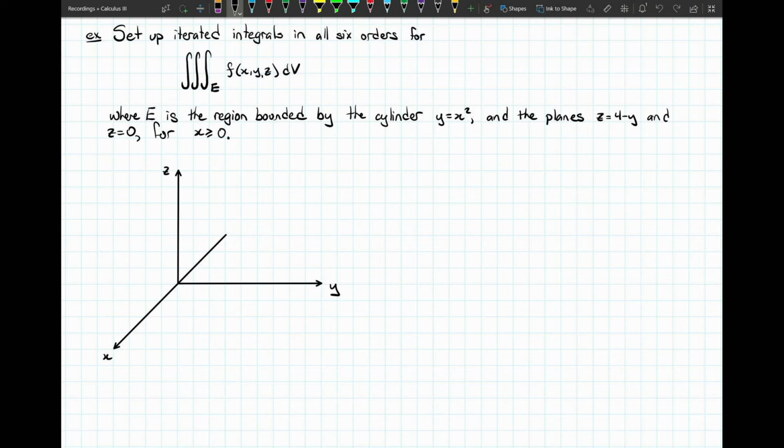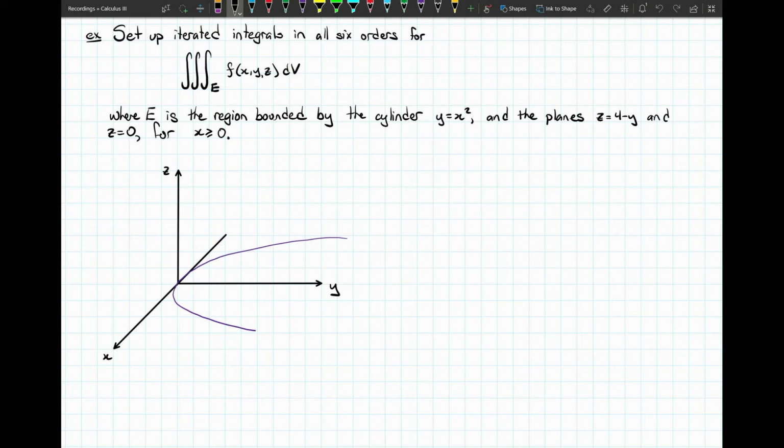A good way to try to sketch a cylinder like that is to maybe just draw a sketch of that particular curve on the xy plane. Y equals x squared would be a parabola opening upward towards the positive y-axis. Now we can imagine that that's a cylinder that extends infinitely into the positive and negative z direction, but maybe let's try looking at what this plane will look like as well to get a sense of where the two